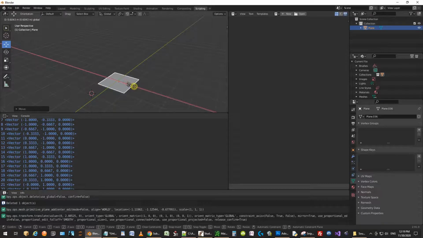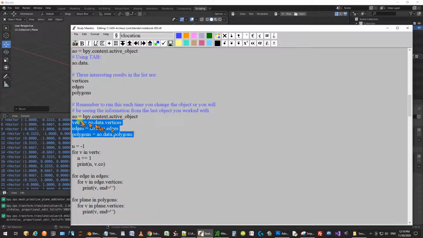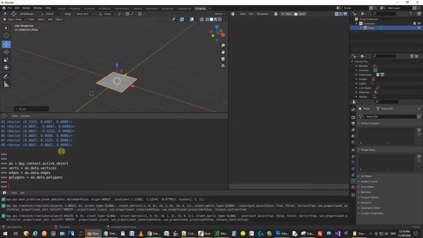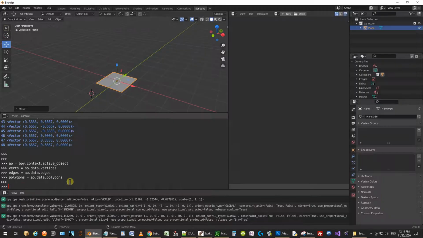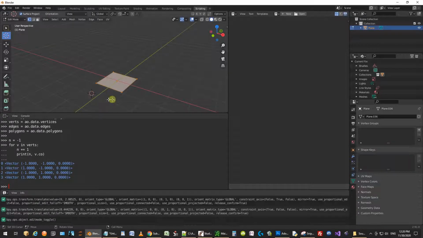Alright, so then I'm going to have to redefine this because we changed the object. But I want to make it simpler so that you can see what we've got here on just a simple plane. So what we've got is 4 vertices defined in the plane. One vertex is 0, one vertex is 1, the other vertex is 2, and the other vertex is 3. So you've got 4